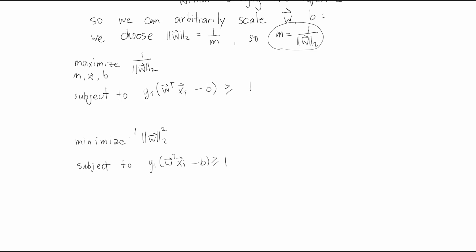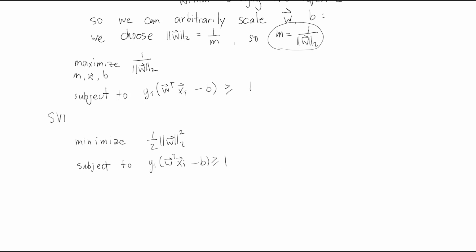Then, just for the sake of more convenient math later on, I'm going to add a 1/2 in front. I'll move this over a little bit to make things neater. Okay, so this is the final